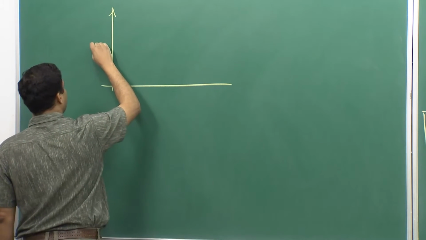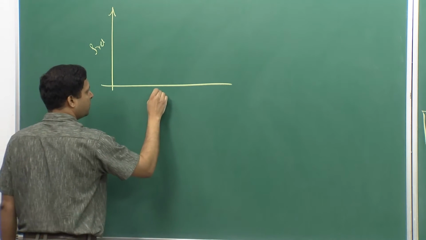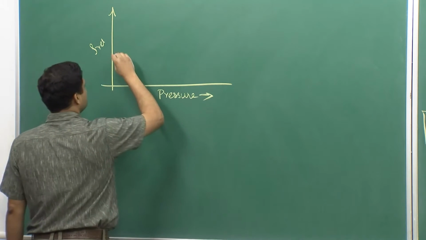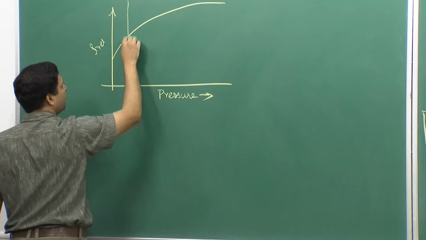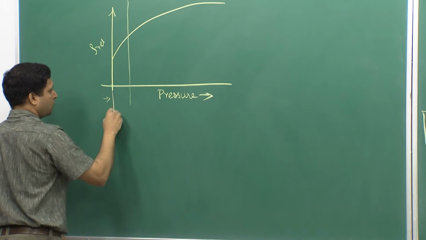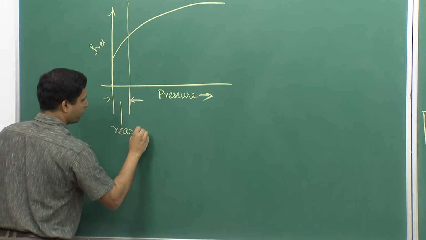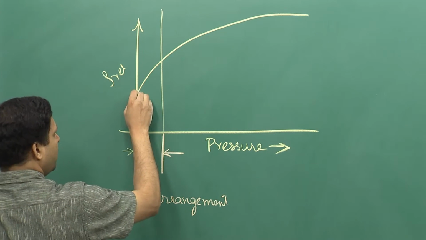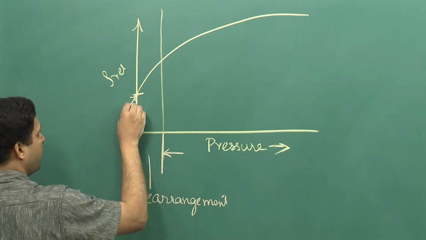So, let us say this is our relative density, which is equivalent to our packing fraction, and this is the pressure that will be applied. This is how it will look. Somewhere over here you have rearrangement going on. And what would be this value? This will be the tap density, meaning the density just after tapping.